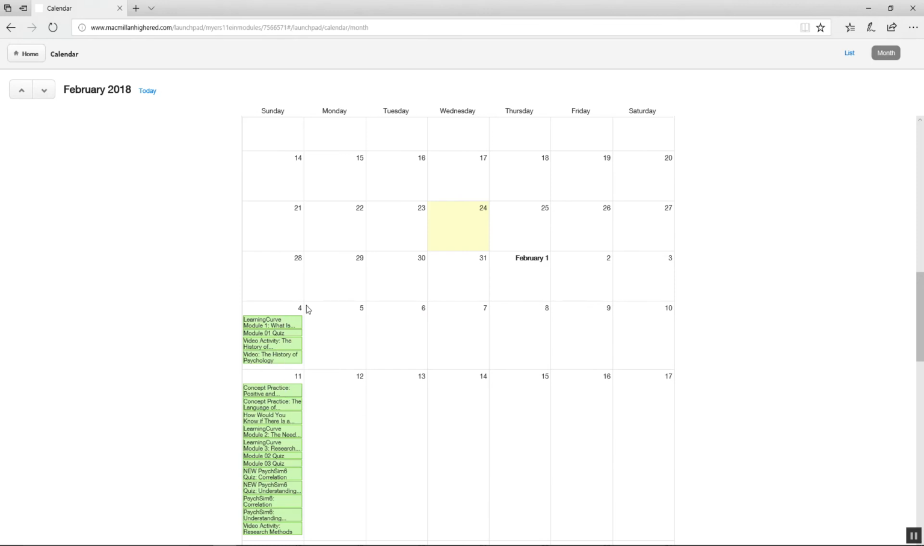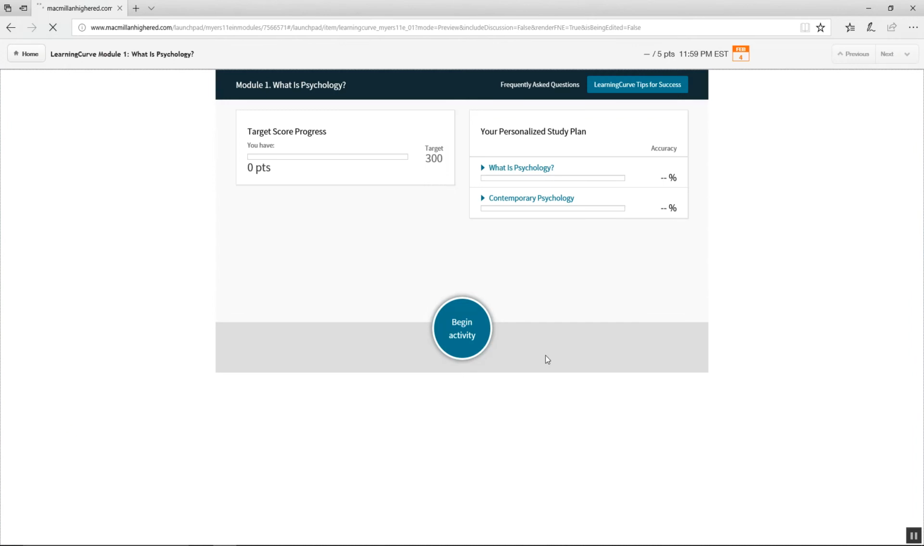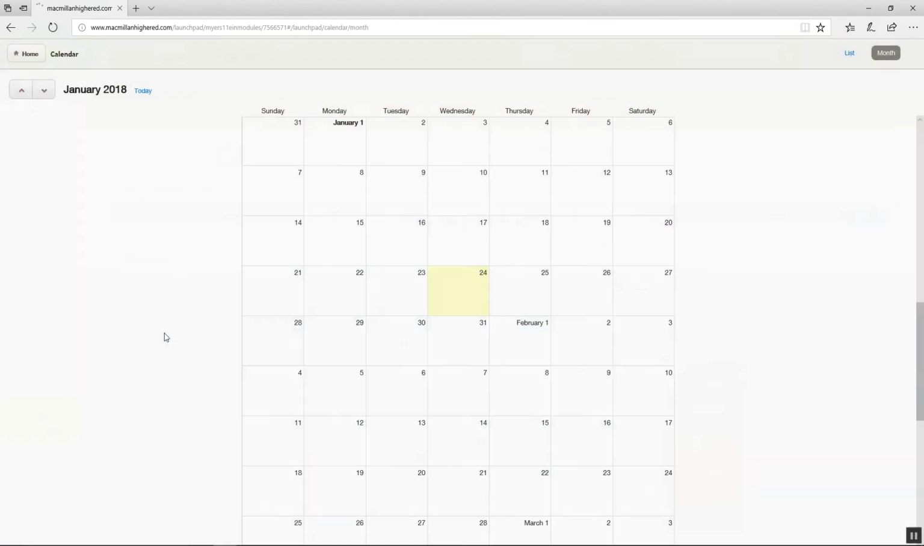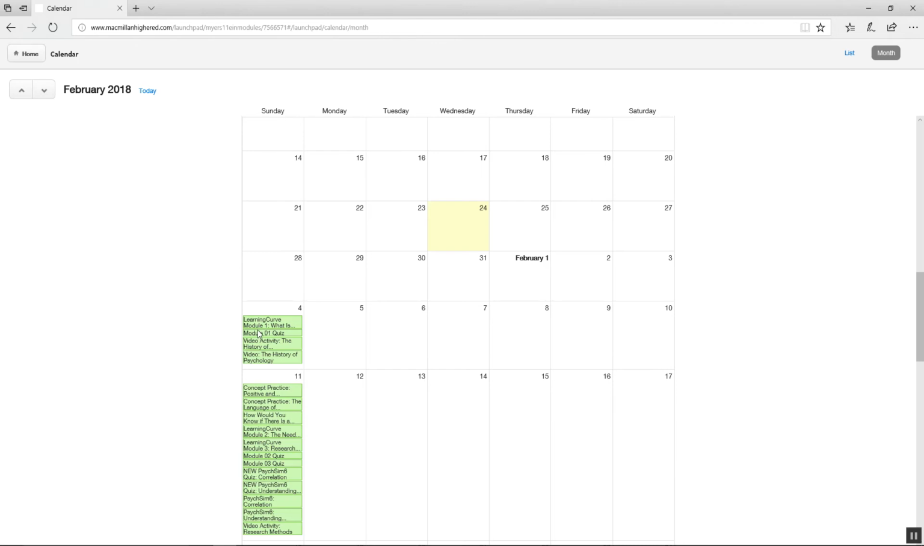Everything is due on Sundays. You see learning curve, module 1 quiz, video history. If you click on this, and you click on open, it'll actually bring you to the assignment as well. And so the calendar might be an easier way. This is just one assignment that you would complete. So this is a learning curve. But through the calendar, you can also see what's due and click on each one,